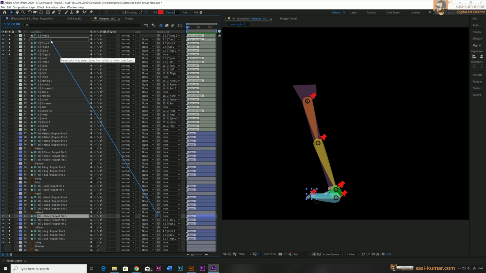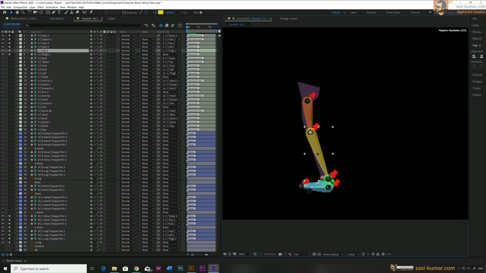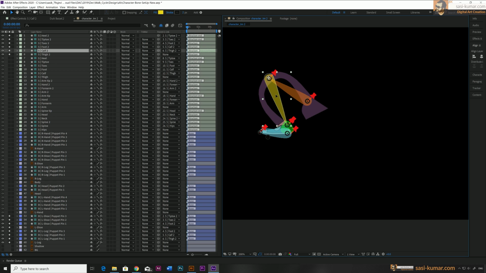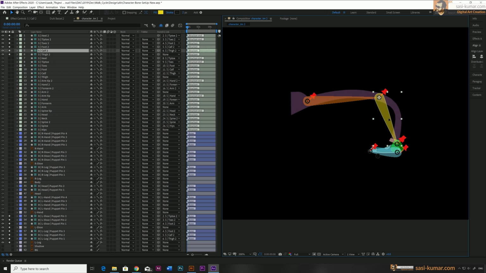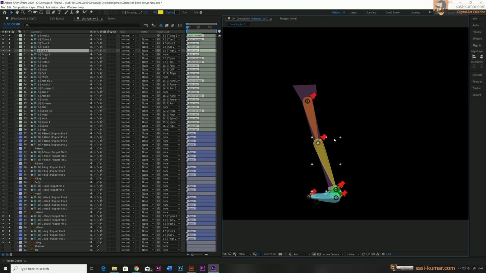Okay, so we have linked the parent for the structure for the left leg. Now if you move the bones, you will see our shape also moving accordingly. Okay, so let's go back.